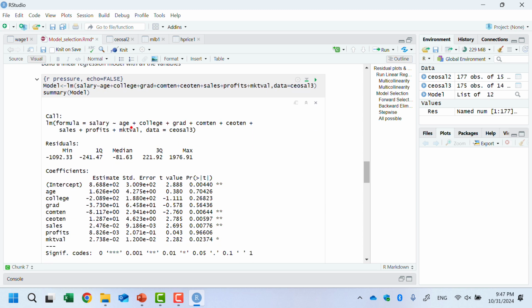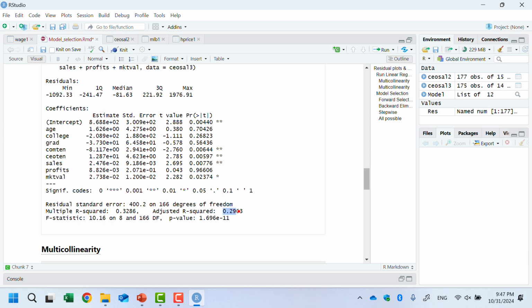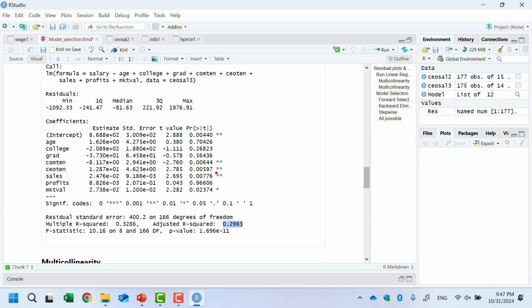And then I'm going to do the same regression with the new data set, in which we took out the two outliers. Then as you can see, our adjusted R-square is improved pretty much. It was 0.17, now it's 0.29, which is way better. And if you look at the p-values, now many of them are significant, and this one and this one.